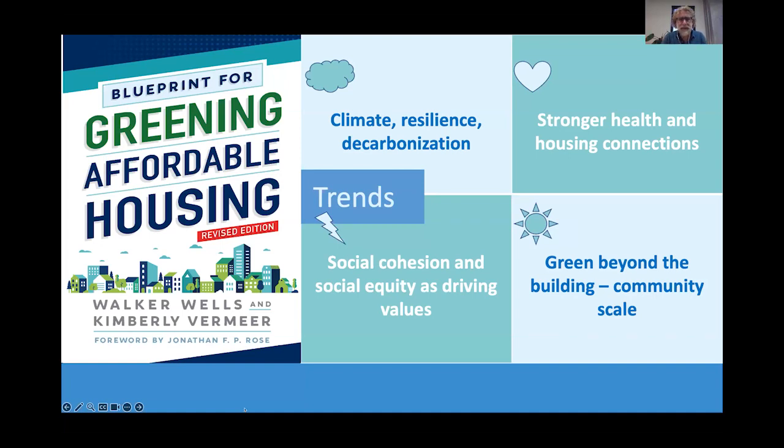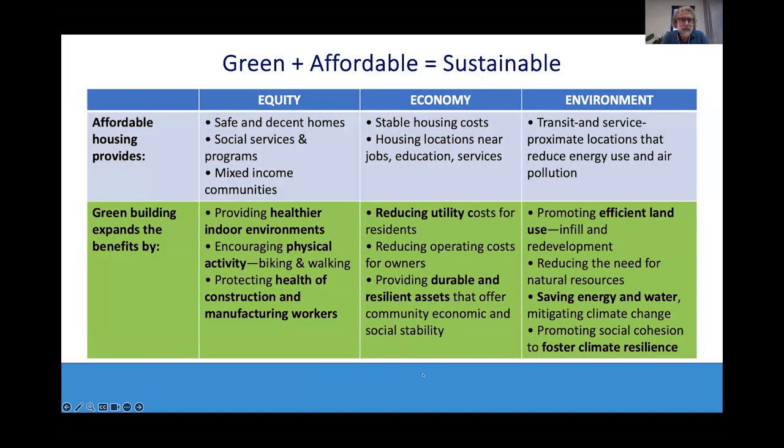If we go to the next slide, all of this just reinforces what we have talked about for quite a while: how bringing green building and affordable housing together is one way to demonstrate sustainability in a very tangible way, and demonstrate urban sustainability. So when people ask, what does that really look like, Walker? Sustainable urbanism could say, well, green affordable housing is one good example because it does touch on equity, economy, and environment,